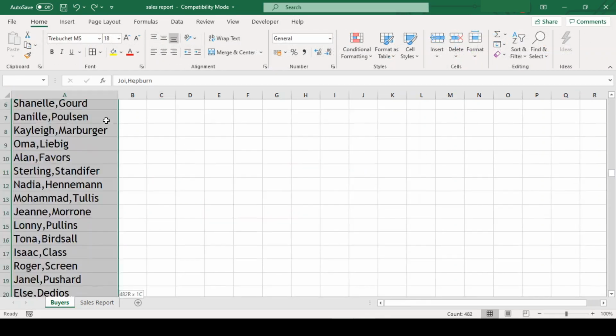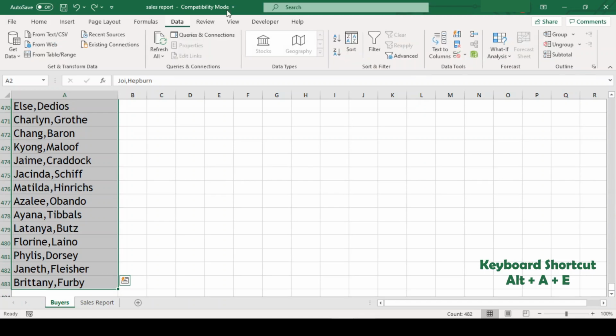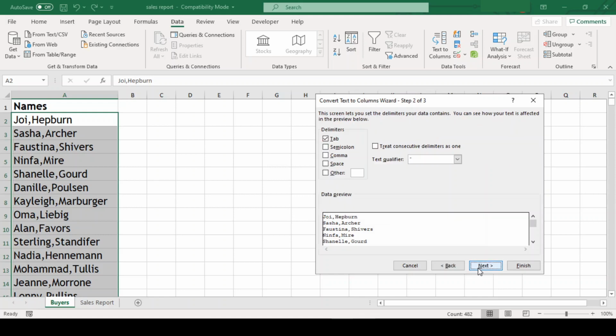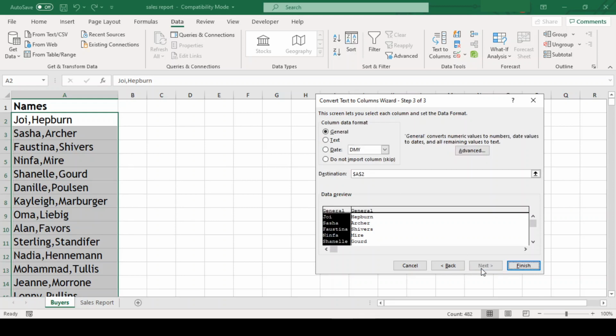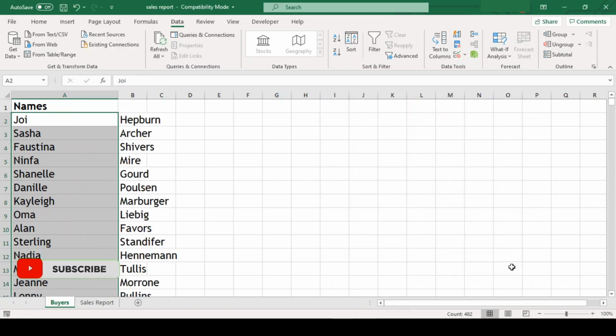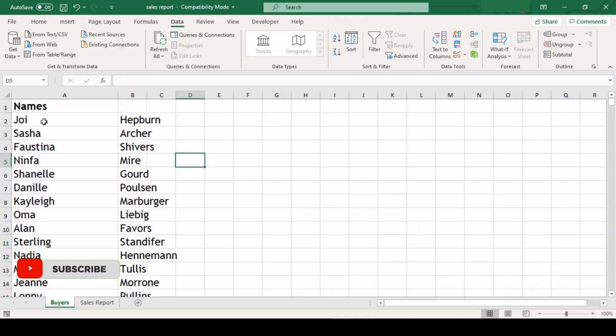First we'll select our range of cells which we want to split. Then we'll go to the Data ribbon and click Text to Columns. A new wizard box will open. We need to choose the type of our data. The data we have has values separated with a comma. So we need to select Delimited, which is already selected, and click Next. Here we need to select our delimiter, which is comma. So we will select comma and click Next. Both our column data are text. So we will select Text for both the columns and click Finish. And we can see that our data has been split into two columns.